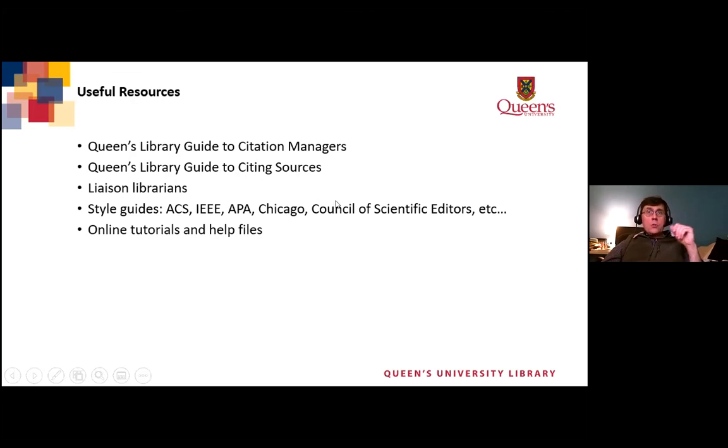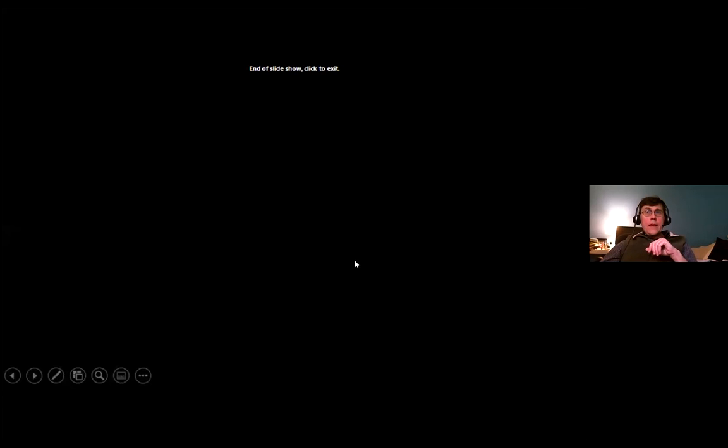APA, Chicago, Council of Science Editors, we have all of these in the library if you don't have a personal copy or want to buy one. And as I mentioned, the online tutorials and help files at Mendeley, Zotero, and EndNote are really very good resources. Okay, I'll wrap things up there, and if you have a few more questions,